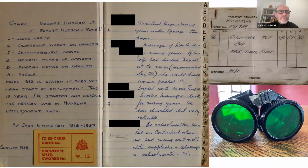Yet another individual, back in Leeds now, and you can see we're trying to make these links between the colonial territories and the colonial metropolis. This is, for want of a better word, a dossier that was created by a guy called Jack Remington. Jack Remington worked for Robert Hudson's between 1916 and 1967, so over 40 years of service, and this is a really valuable resource in giving us an insight into who the people were, who was involved, what the practices were. Jack is no longer with us, sadly, but he's left handwritten autobiographical notes that, when we have some more research resource, we're going to try and dig into. But this particular document,